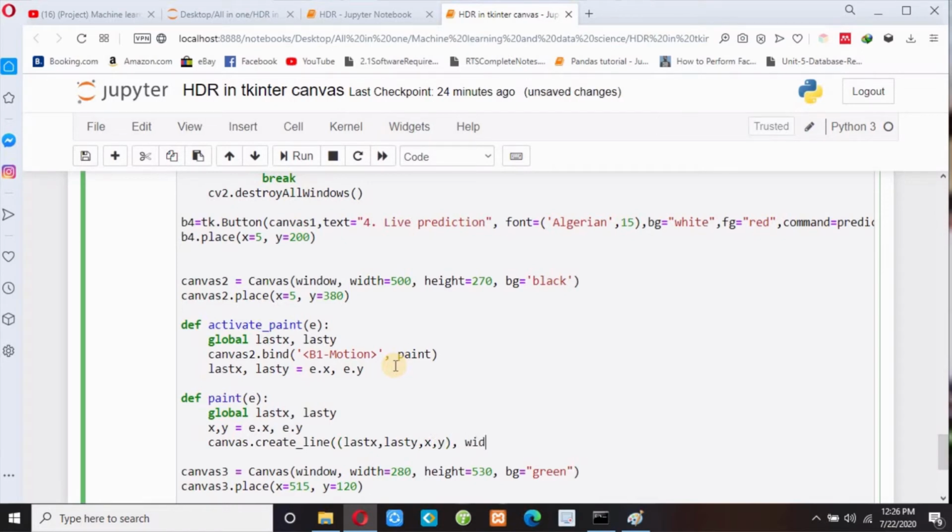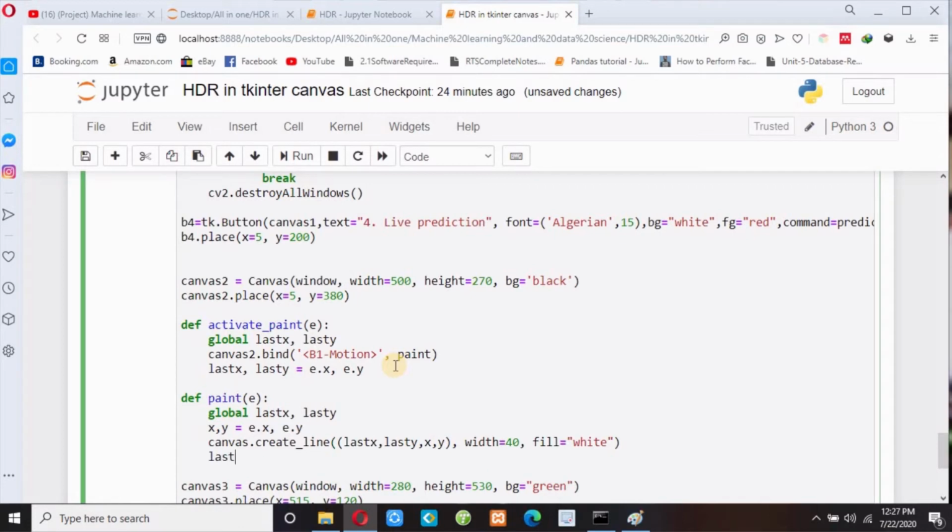And let me define the width of my brush, so 40, and also fill equals white color, white. And then finally I have to write last x comma last y equals x comma y.